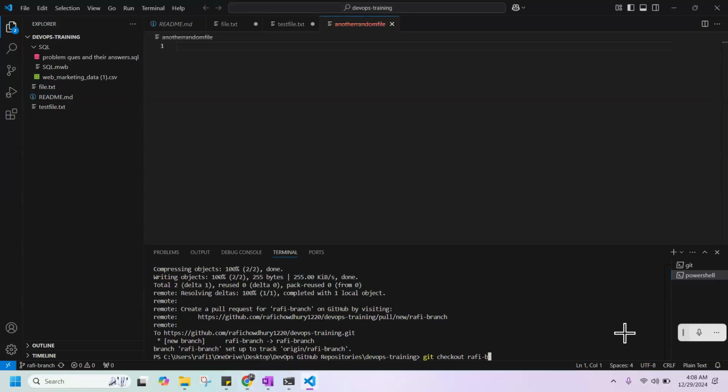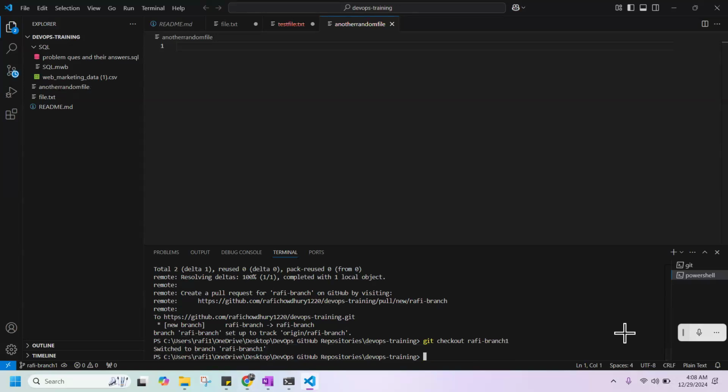Currently, the third branch is not on the web, right? So now you are in that particular branch. Now we want to push our branch changes into that GitHub account. How can we do it? By running three commands.